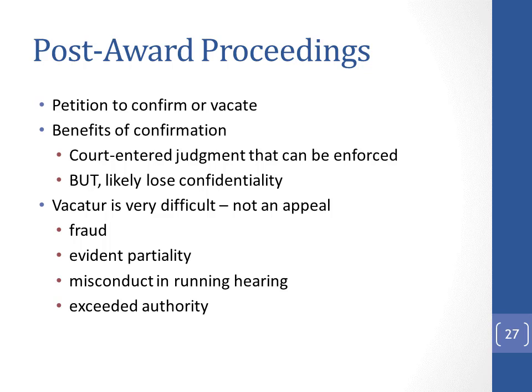And the limited grounds for overturning an arbitration award are generally contained in the statutes that apply to arbitration, such as the Federal Arbitration Act, state statutes on arbitration, or if you are in a dispute with a company from another country, there might be an international convention on arbitration that applies to your agreement. But in all these circumstances, the grounds for overturning arbitration awards are limited to such things as fraud, evident partiality. So this is where one of the arbitrators or the umpire had an undisclosed bias